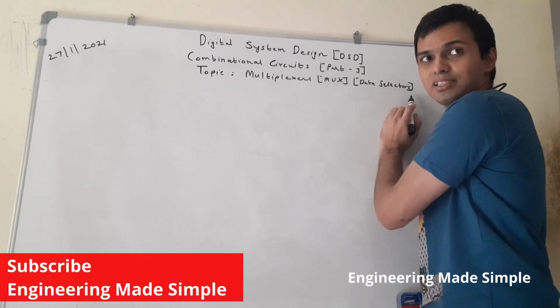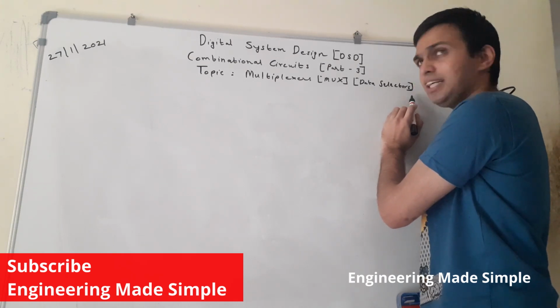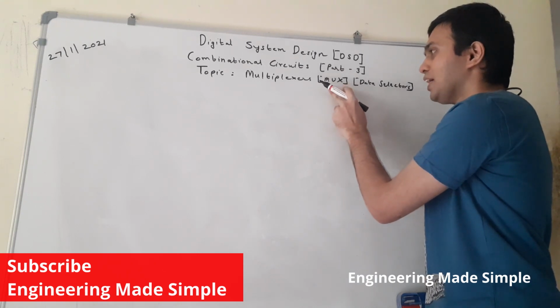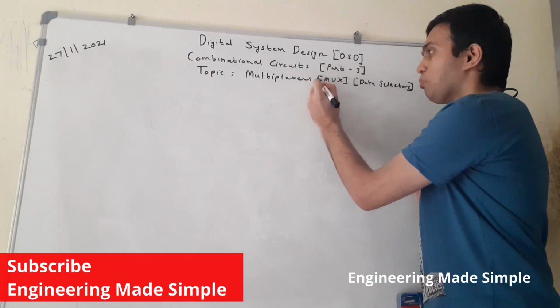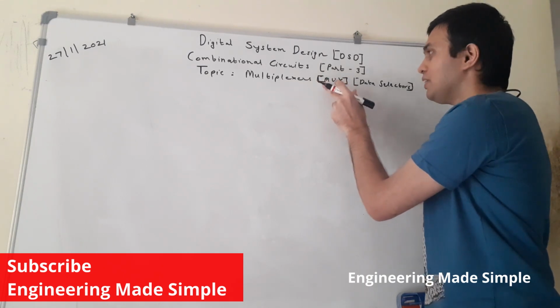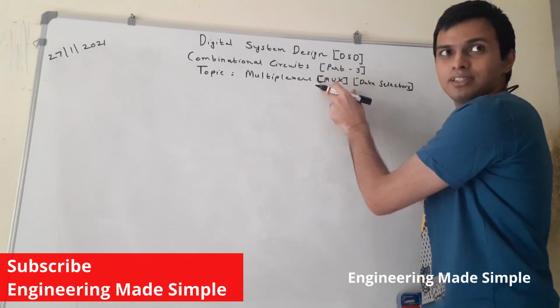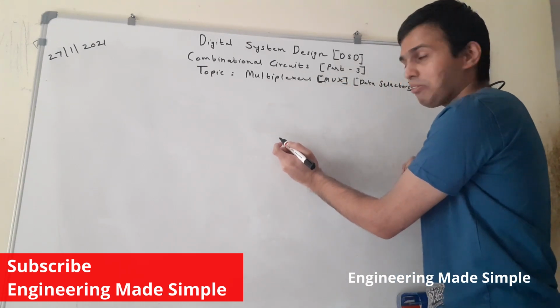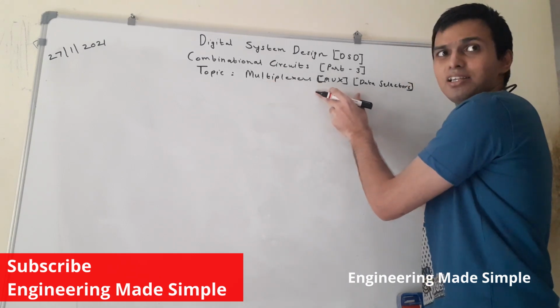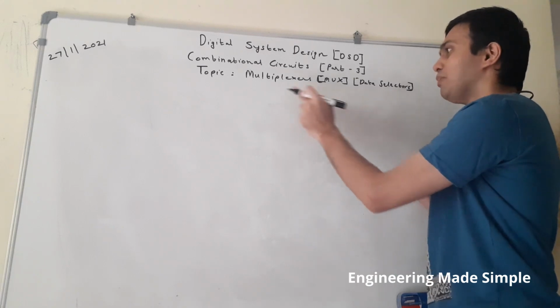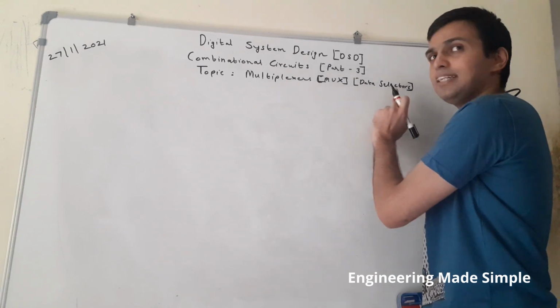So a multiplexer is basically a type of combinational logic circuit, and the most popular short form of this multiplexer circuit, we engineers call it MUX. So whenever you see anything written as MUX, you have to understand that it is a multiplexer. That is a short form for the multiplexer. Alternatively, multiplexer circuits are also known as data selector circuits.